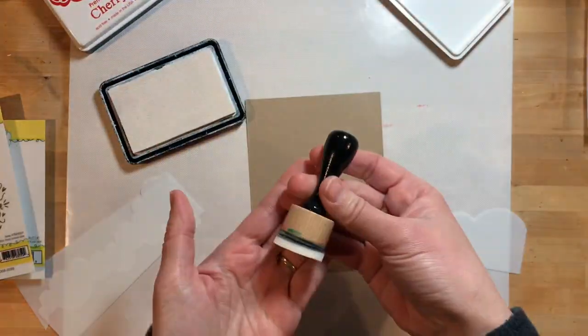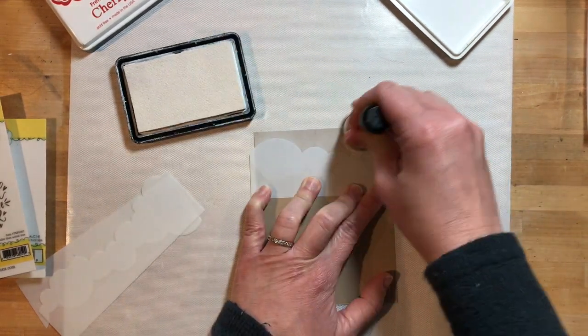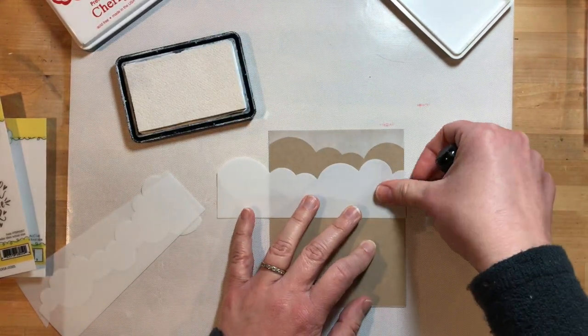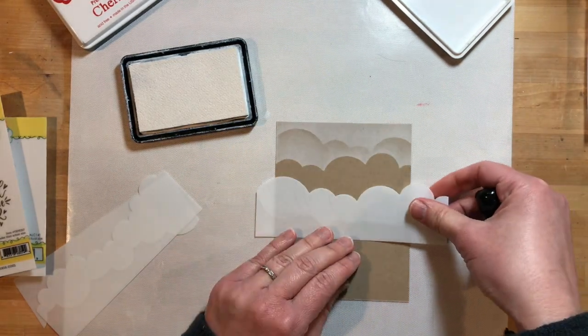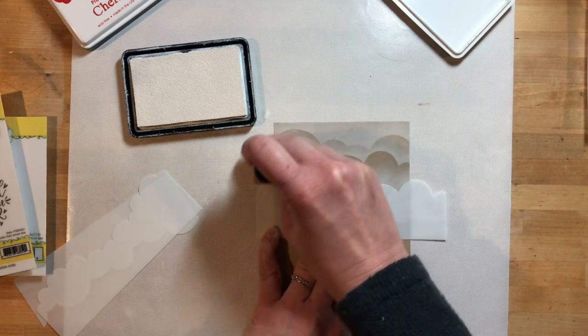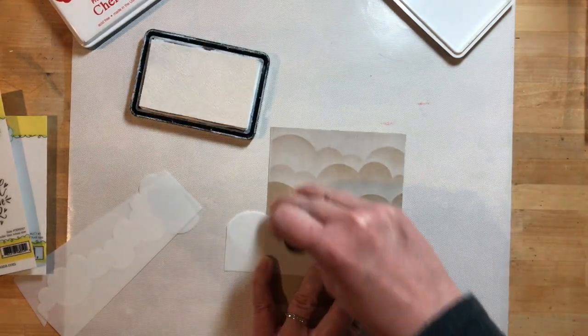I'm creating the cloud background first using Toffee cardstock and Sugar Cube ink, and I've sprayed some pixie spray on the back of the cloud strip stencil that I'm using for this project. I'm moving the stencil down the project as I work and applying the Sugar Cube ink with an ink blending tool and moving the stencil back and forth to get variation in the different cloud shapes down the whole background